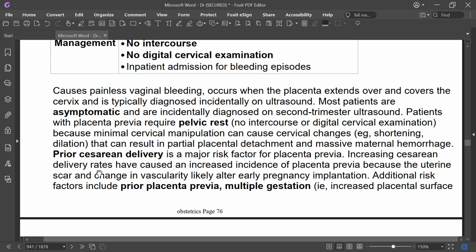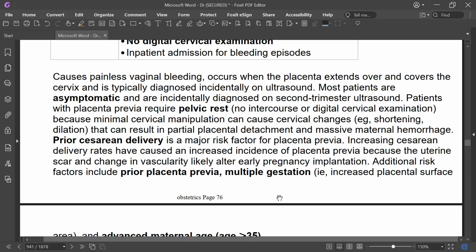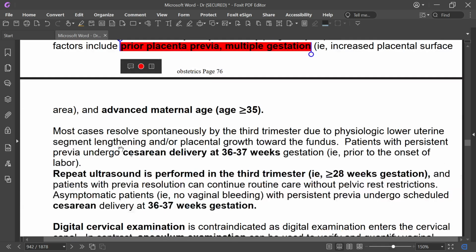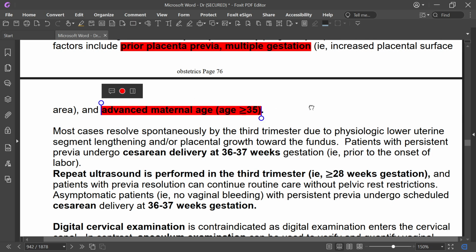Increasing cesarean delivery rates caused an increased incidence of placenta previa because the uterine scar and changes in vascularity likely alter early pregnancy implantation. Additional risk factors: prior placenta previa, multiple gestations, and advanced maternal age more than 35. Most cases resolve spontaneously by the third trimester